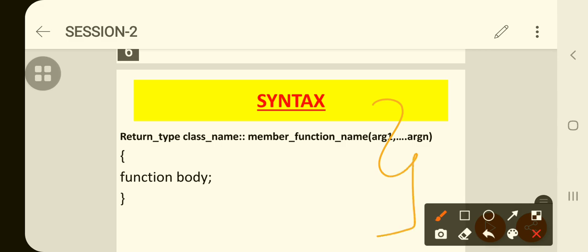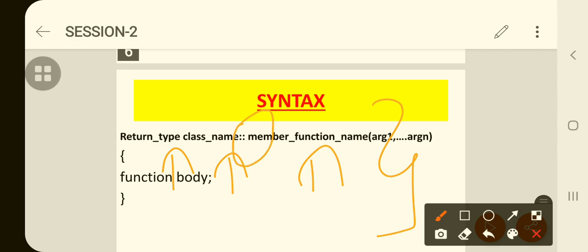We'll understand this through the syntax. Here we have the return type, class name, member function name and arguments list. The return type is the type of the data which is returned to the program. The class name is the name of the class which is defined.